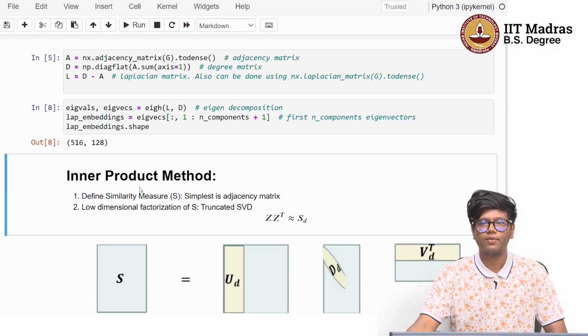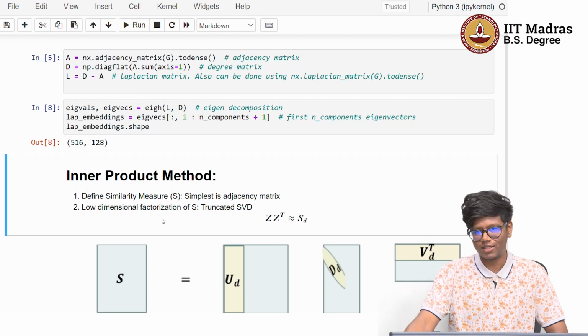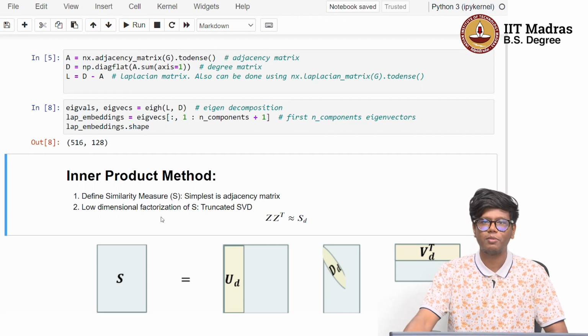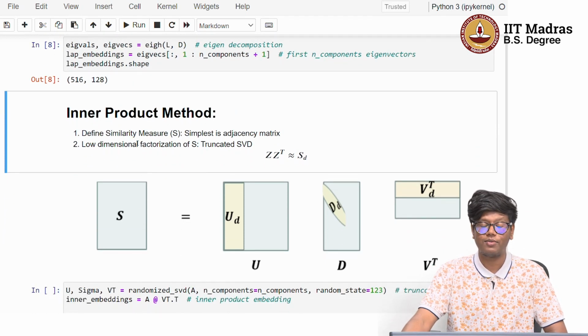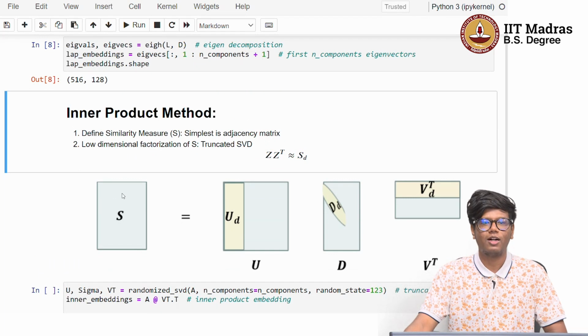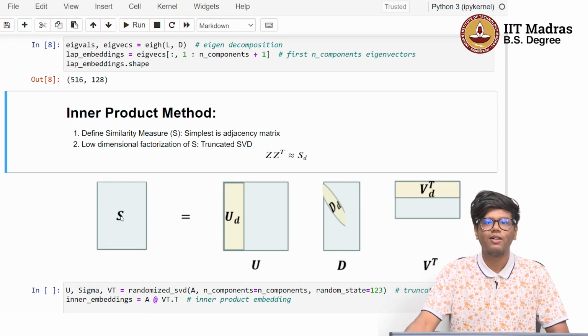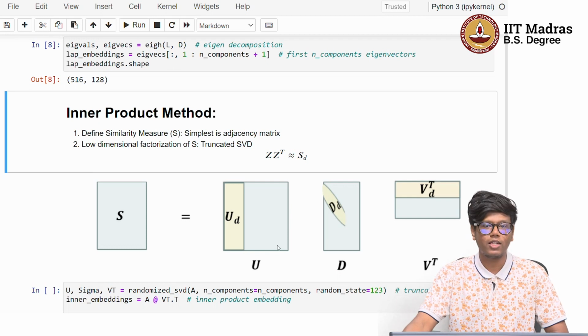Here we have to define something called the similarity measure. In the very simplest case, we can take the similarity measure to be just the adjacency matrix, and we will be doing low dimensional factorization of the similarity measure using something called the truncated SVD. So we have the similarity measure matrix here. We will be decomposing it into the corresponding U, D and V matrices using SVD, and we will also be only taking the top k or d components